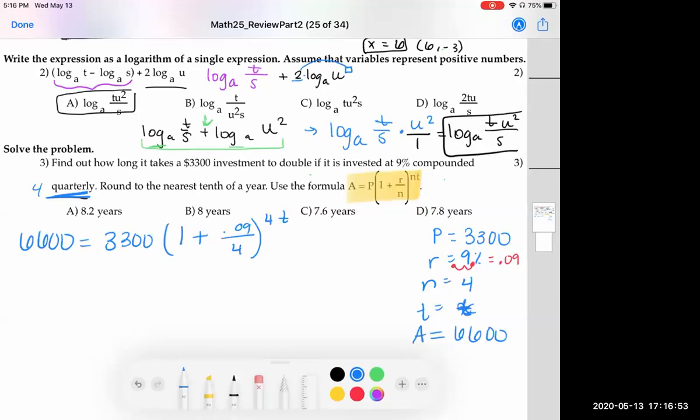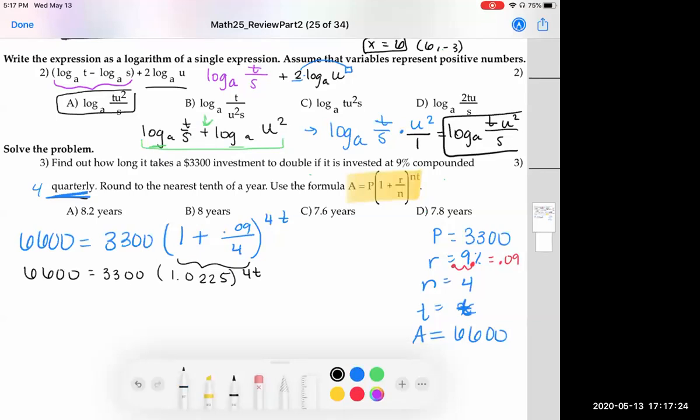All right, let's go ahead and solve this. So let's go ahead and simplify the inside. You're going to need a calculator for that. I have my calculator out. You can use your phone if you're not using it for Zoom. So 0.09 divided by 4 plus 1 equals. And so we get 3,300 times 1.0225 raised to the 4t power equals